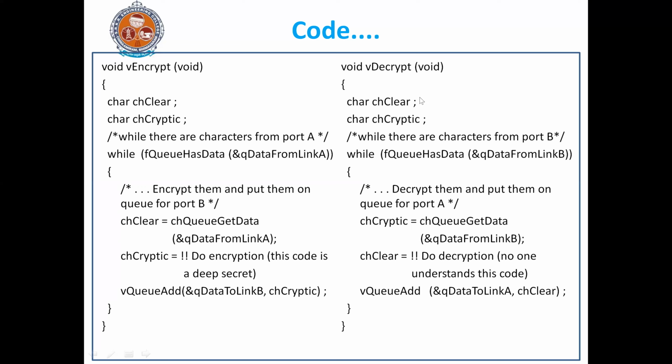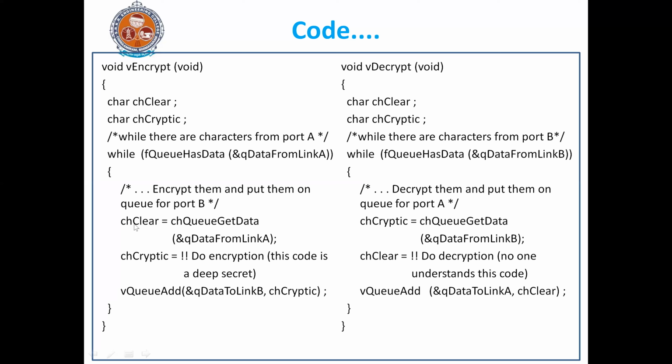The same process is done in reverse for decryption. For decryption the process is the same, but here it will be decrypted instead of encrypted. While FQ has data from link B, what are we doing? We are decrypting it and then putting it onto the queue for port A. Whatever data you get here will be the encrypted data, and using some decryption algorithm you will decrypt it and get the